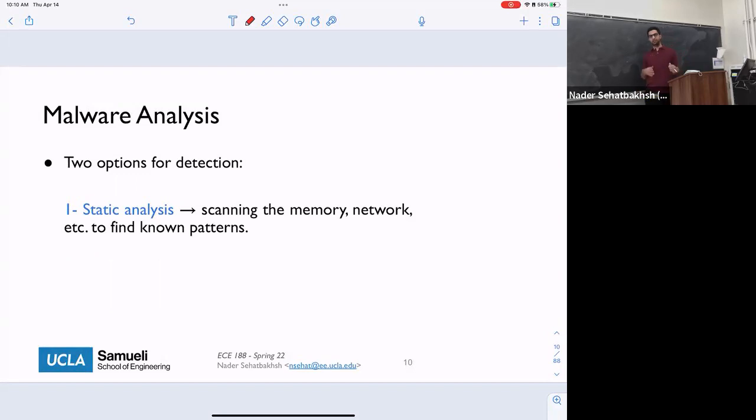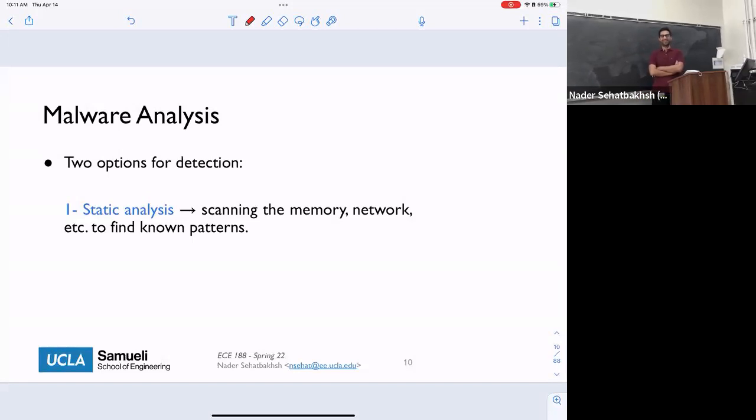One is the static analysis, where we just look at our memory, because that's the part that programs can eventually run things from, and we start scanning the memory or the network, trying to see some known signatures. Those known signatures are sort of malware or viruses that we have seen before. And what we are trying to find is some sort of patterns. As I said, usually these big companies that produce this antivirus software.